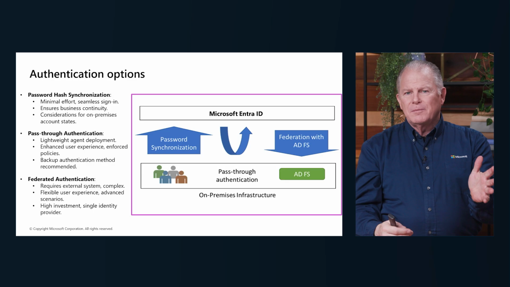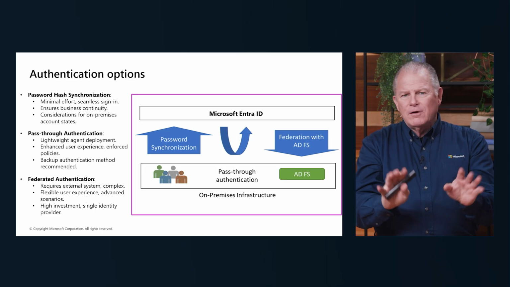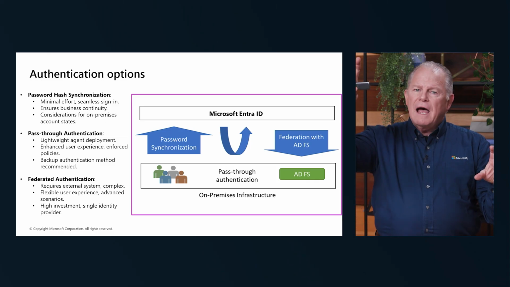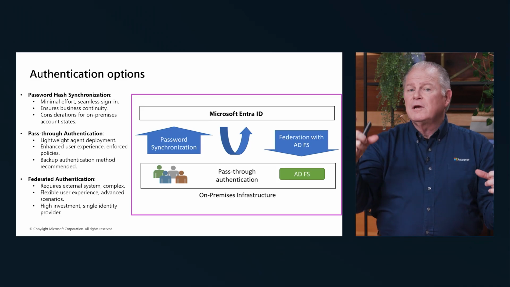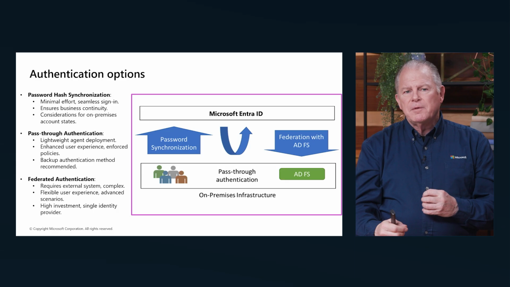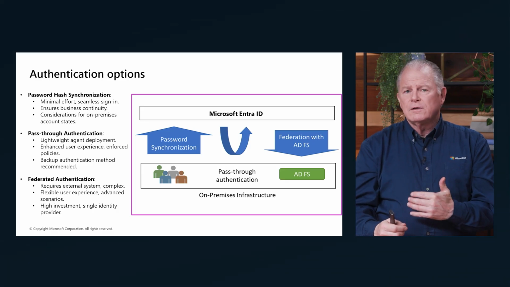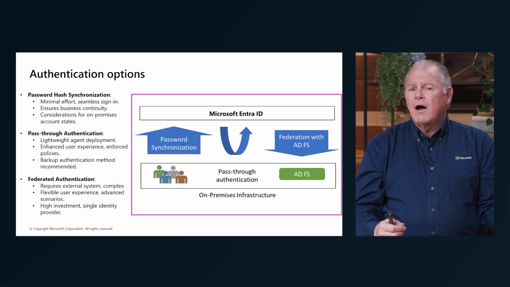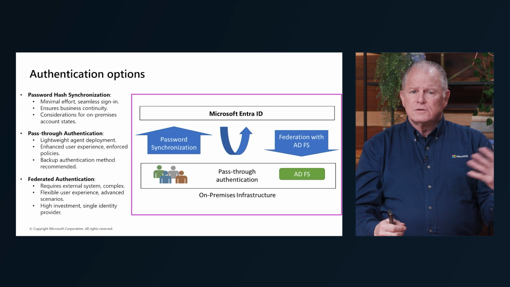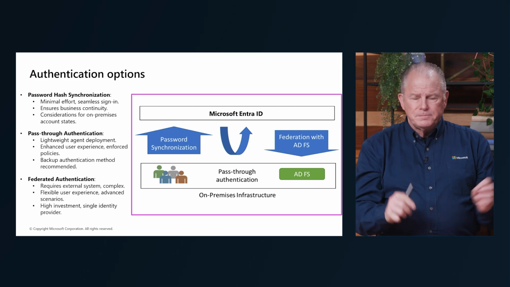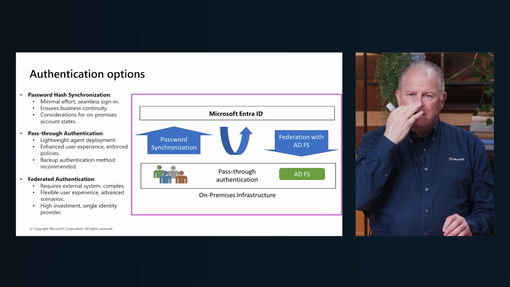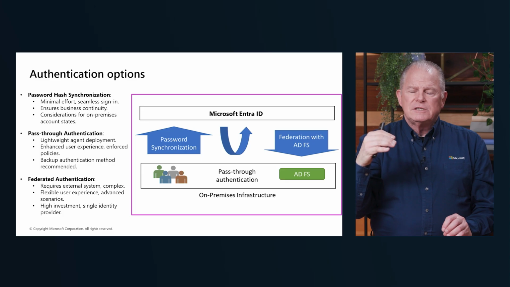Now, there's lots of questions that some of you might go, well, yeah, but we've got that all covered. Do the research and find out about what the password hash synchronization does. So now I have two accounts with usernames and passwords that appear to be the same. Now, we have the capability in the cloud to do a feature called SSPR, self-service password reset, that many of you may not have on premises. Some of you might have bought extra software to do that for you. Great. But using the SSPR features, a user now could come to Azure, say I need to reset my password,